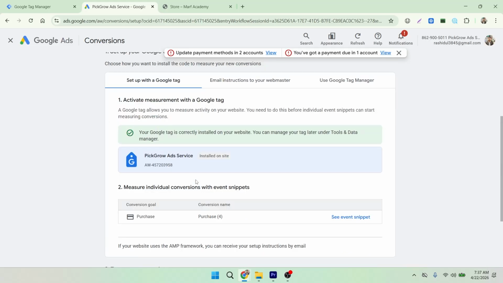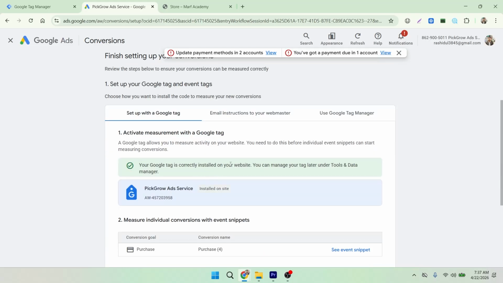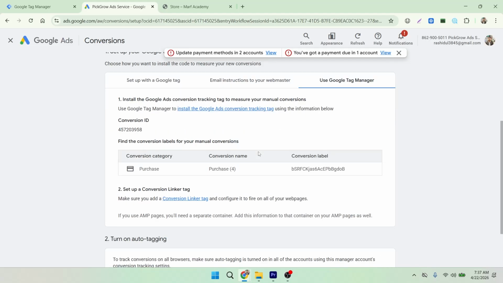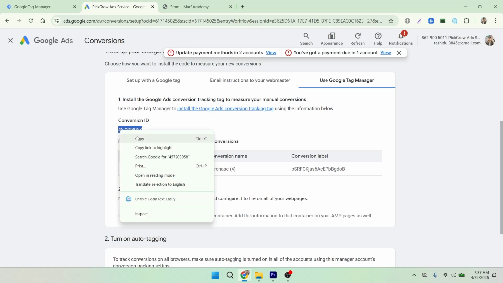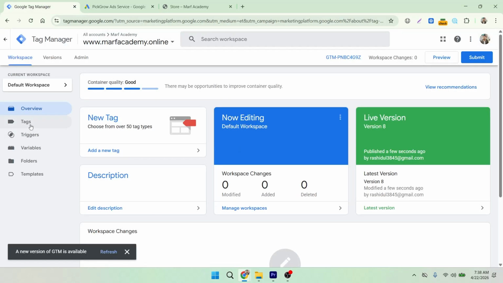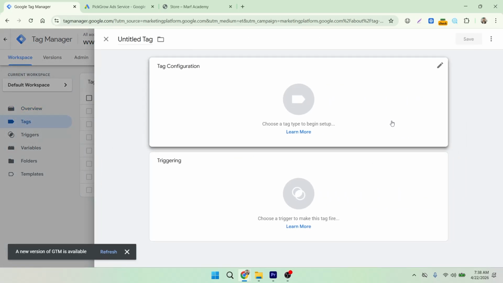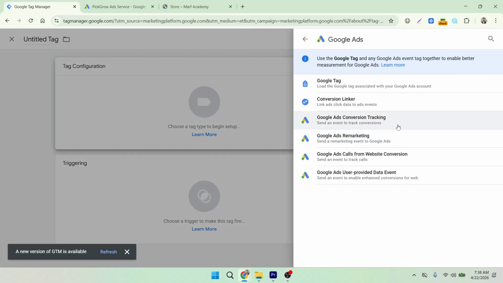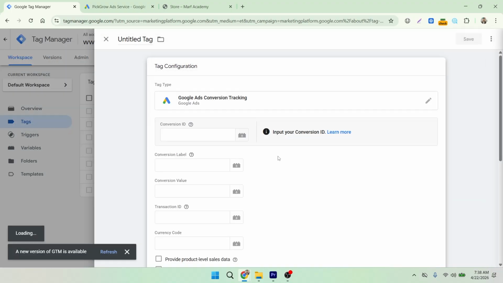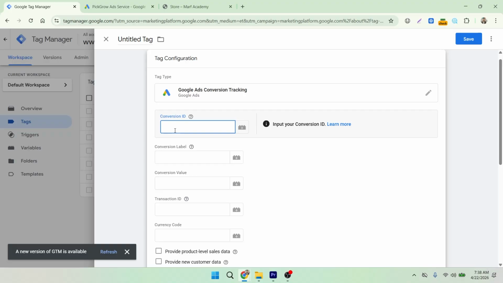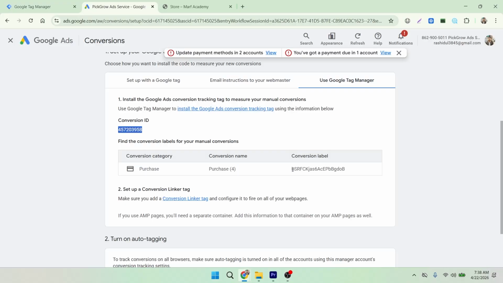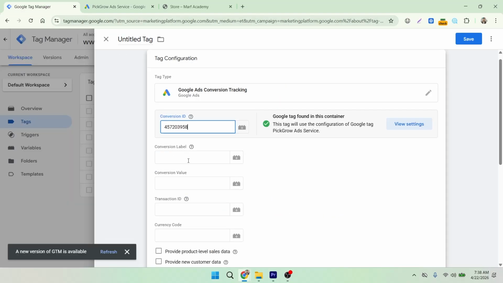Yes, it's already configured. Now we will use Google Tag Manager to track this conversion, and you can see there is a conversion ID. So I will copy it, go to Google Tag Manager and create new tag, but this time our tag will be Google Ads conversion tracking, and here I can put this conversion ID, and you can see another one is a conversion label. So here will be conversion label,